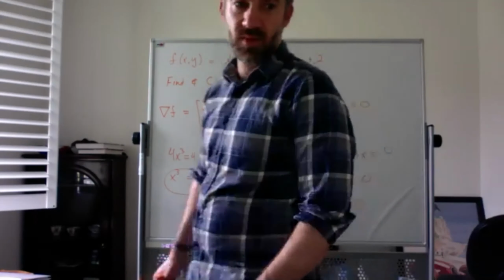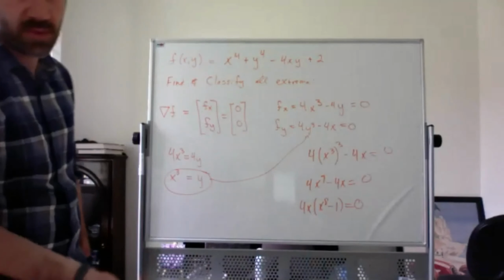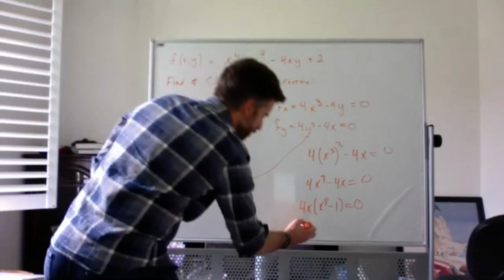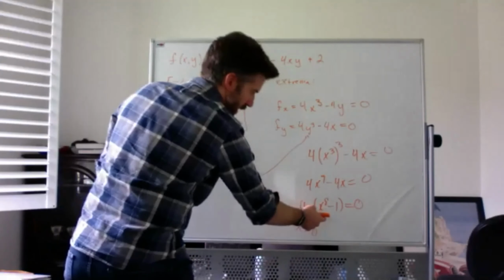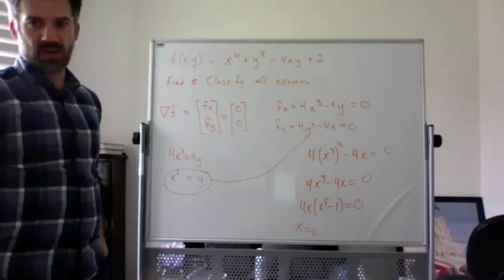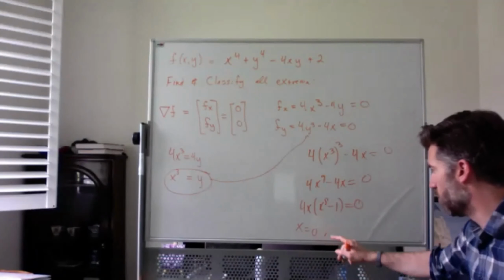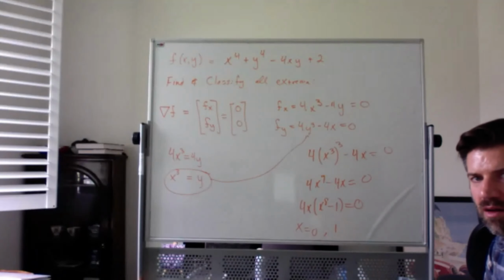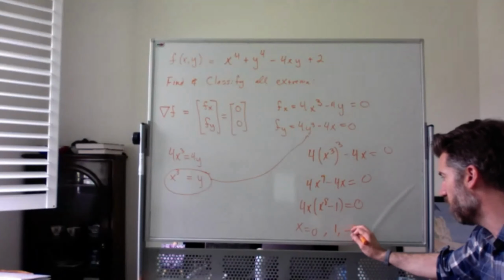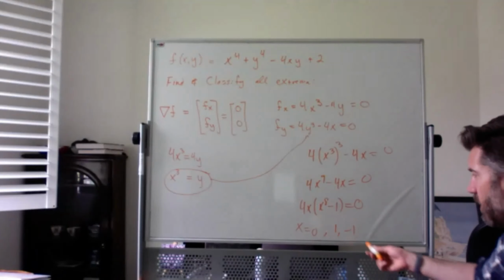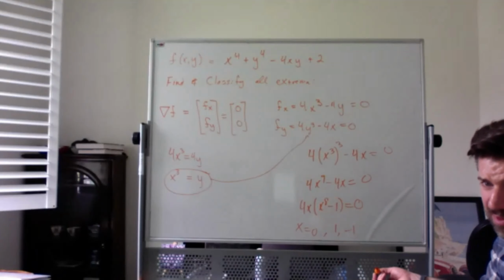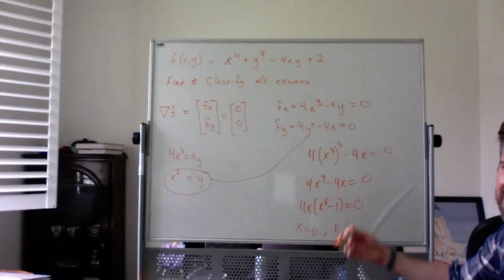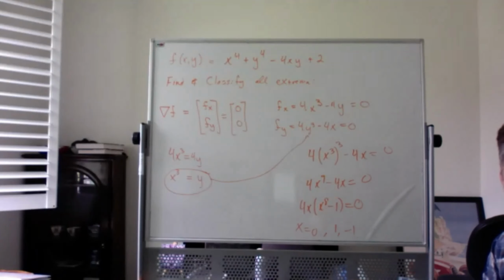Okay, so what are my solutions? Well, x can be 0. And here, x to the 8th minus 1 equals 0. What can x be? Well, certainly 1. Is that it? No, we can also get negative 1. You can either do this by factoring, right? X to the 8th minus 1 does factor further, but you can just see it's 1 and negative 1. I mean, there is more work you could do, but